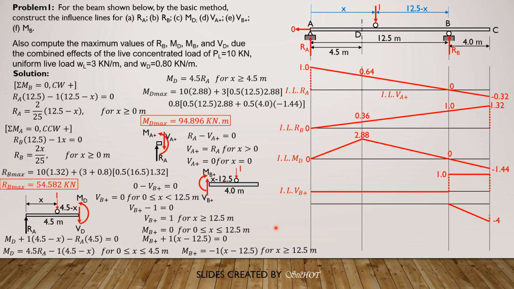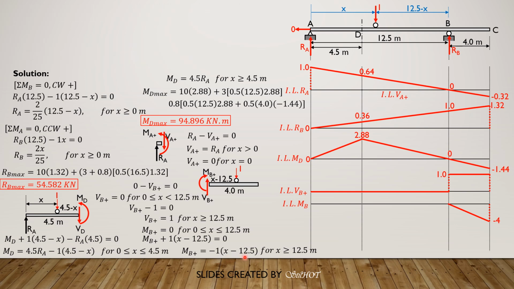So we can now plot the moment diagram for the influence line for MB. From 0 to 12, then it becomes 0 when x is 12.5. When x is 16.5, 16.5 minus 12.5 is positive 4 times negative 1, so negative 4. So that's the influence line for moment at B. Then for the maximum moment at B, maximum moment at B,